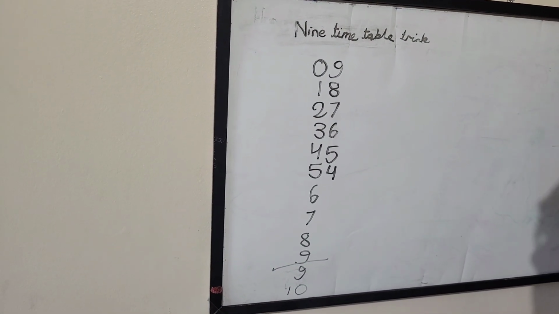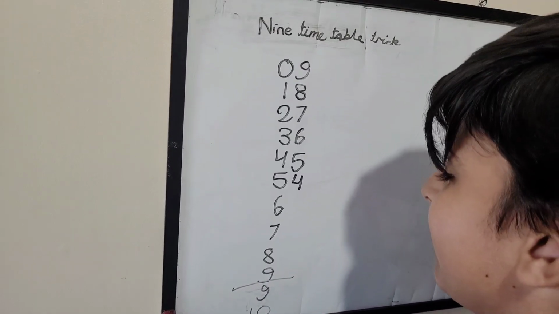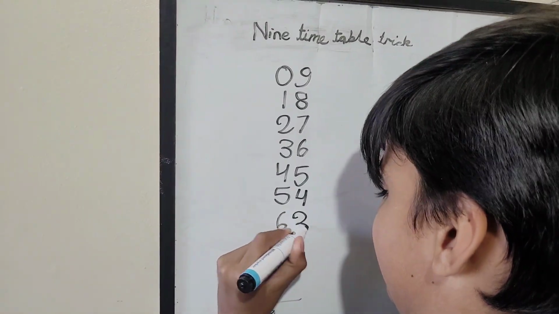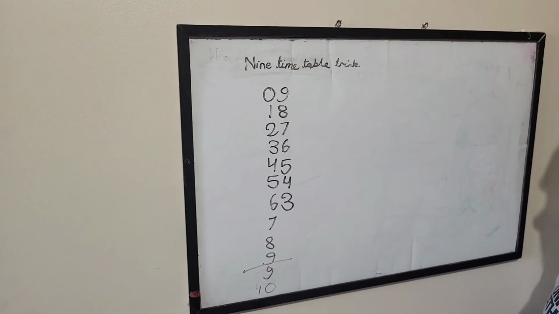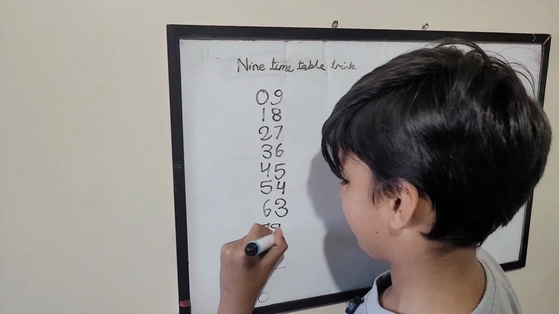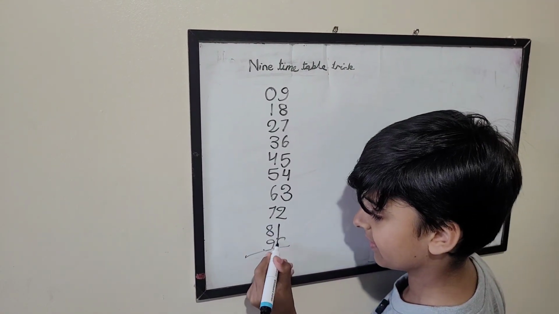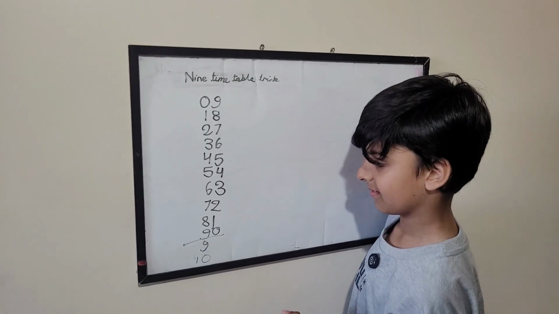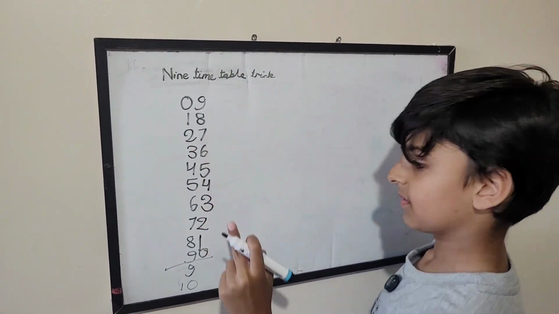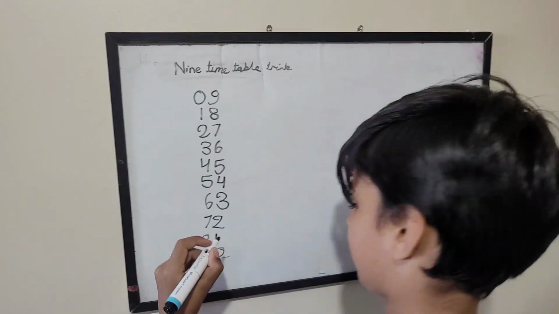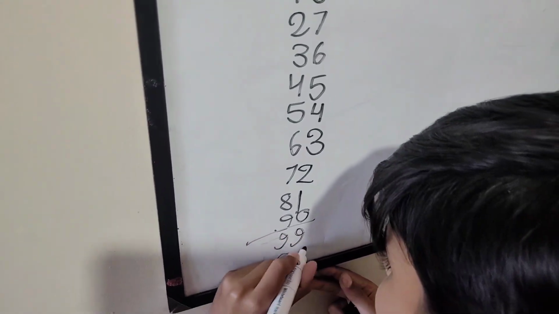What's next? 3. So 3 goes on 6 to make 63. And then the same way, 72, where 2 goes on 7, 81, and 90. And then you don't just go 0, 1, 2 again. You just keep on doing this, like 99,